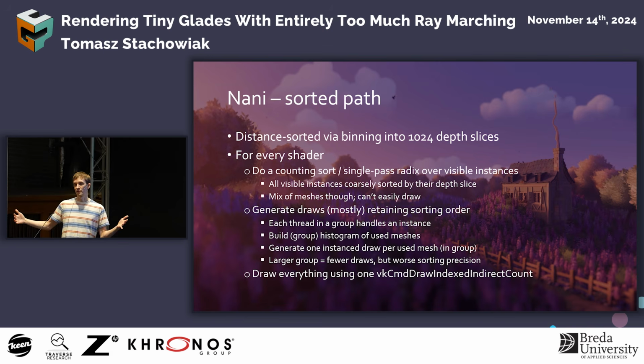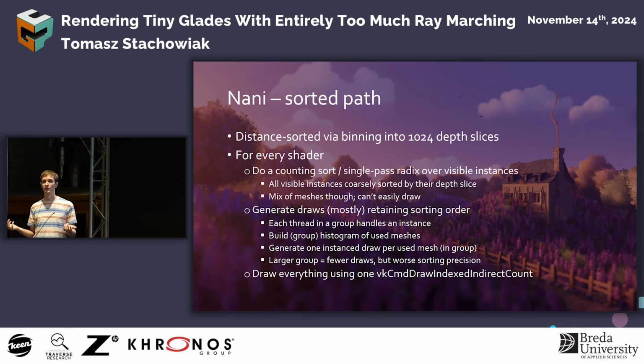Then we end up with a single list, which is approximately sorted. And once we have that list, we can generate draws from it. But because it is sorted roughly from front to back, sometimes you have meshes which are different, so you have to switch which mesh you're drawing in between. And to strike a balance between sorting and the number of draws we generate from it, we process the instances